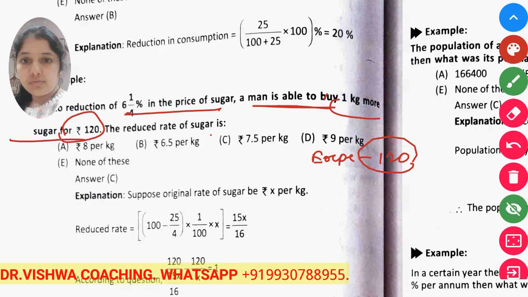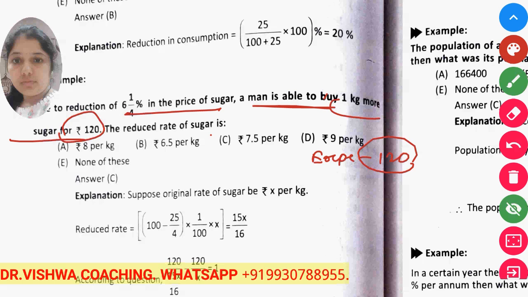Now the price we don't know, but the price is reduced by 6 and 1 by 4%. So what happens, we can buy 1 more kg of the sugar. Now we have to assume the price as x. Now sugar price we assume as x. Now how much is reduced? So 6 and 1 by 4 means 25 by 4% is reduced. Now, it is reduced on which amount? So it is reduced on